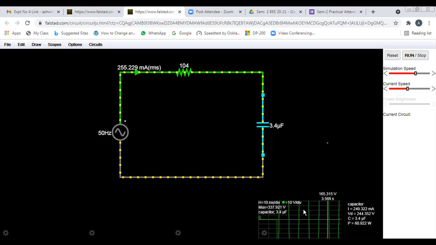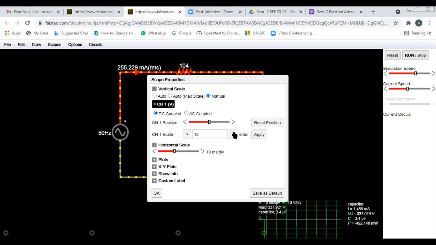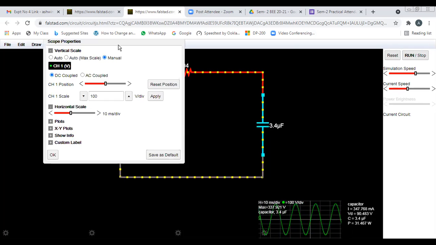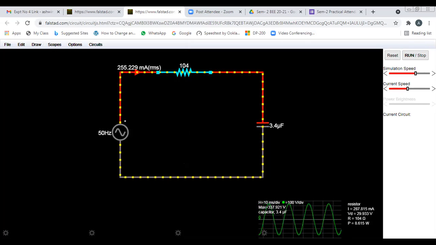I'll run this simulation. No, still not. It is better while running, so do not stop the simulation. Means if it is running, then you can check in parallel. Is this okay? Is the waveform visible? Purely sinusoidal for the 100 volt per division scale I have selected here. Is this fine? We see its graphical representation. Yes, everyone can see. Now check for the capacitor.